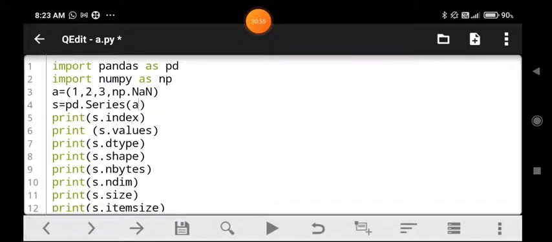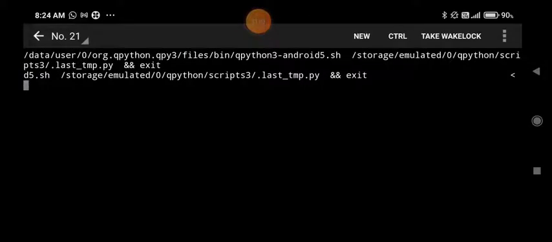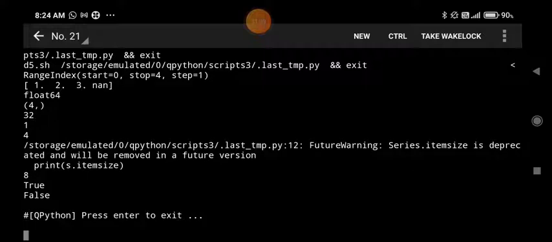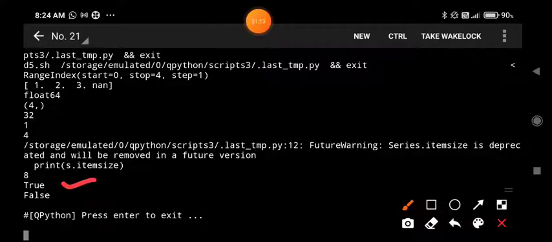Okay students, now we have slightly modified it, like we have written a equals 1, 2, 3, 4 and then np.nan, and if we try to execute it, at that time hasnans will display True as a result, because we are having one NaN value.